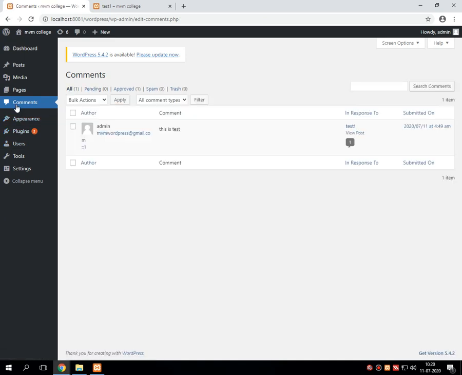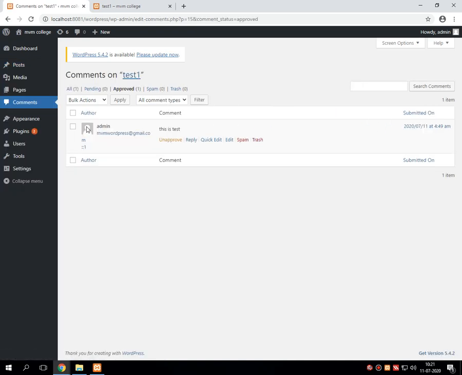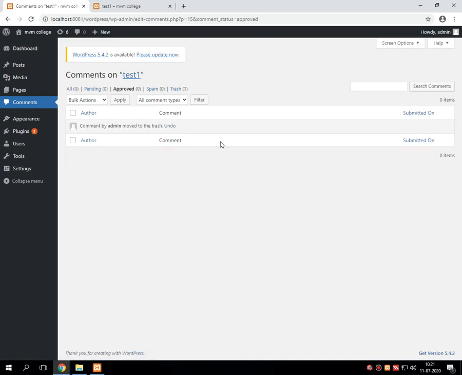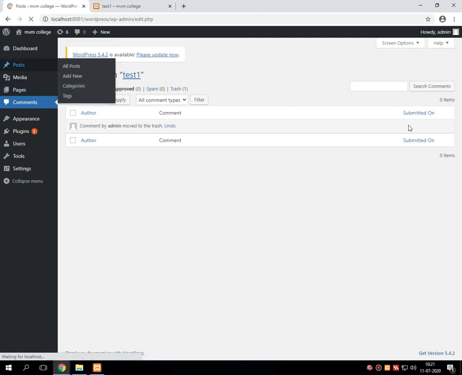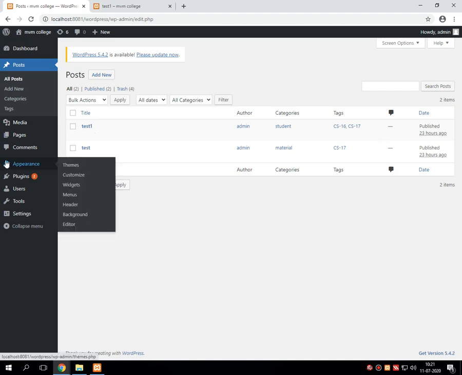Automatically the change will be given into the comment, and it comes into the category called unapproved, which is also reflected as an approved comment into the test1 list, which can be edited and deleted. Suppose I want to delete this particular comment, then simply click on trash. The particular comment will be deleted from the entire list. So this was all about the options in the post.